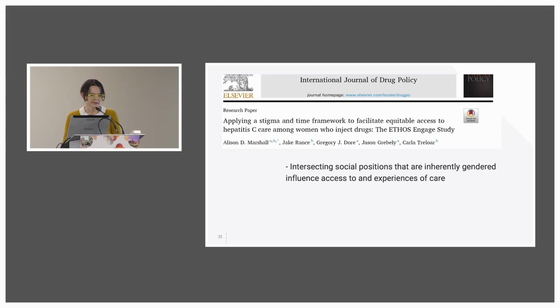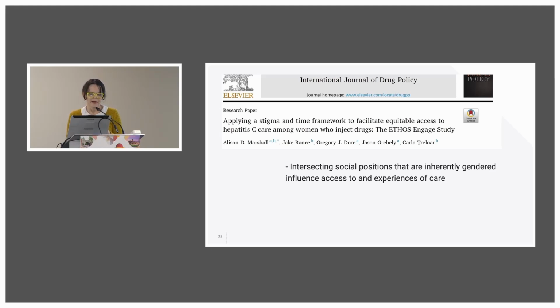The other qualitative study I want to mention is this piece from Alison Marshall, focused on women's access to treatment for hepatitis C. And again, the findings really speak to the fact that there's specificities to women's experience of disease and care. So this paper really highlights how intersecting social positions as a woman who injects drugs, a person with hepatitis C, navigating drug treatment systems, hepatitis C systems, these really gendered dimensions need attention to ensure equitable access to